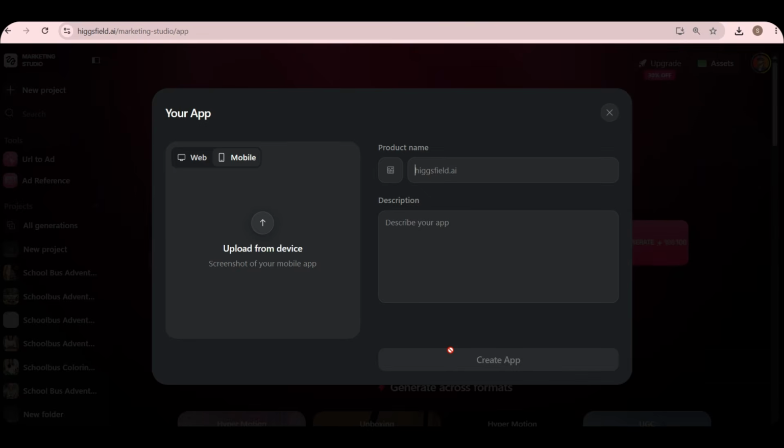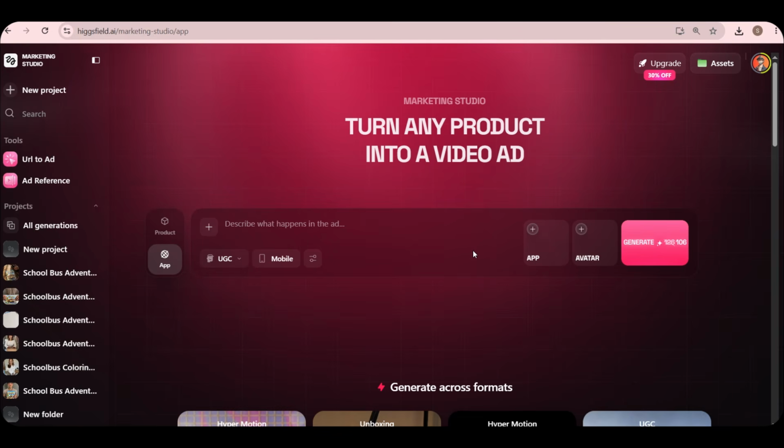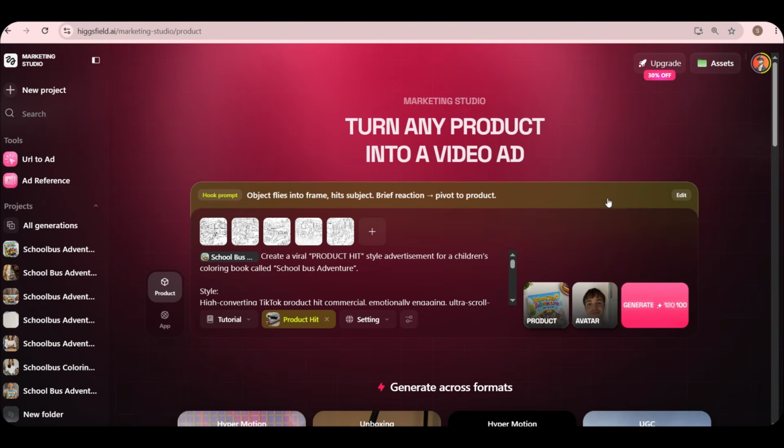And the reason the quality is so impressive is because this tool is powered by Seedance 2, which is currently one of the newest and most advanced AI video generation models available. That means the quality will look incredible right from the very first generation, exactly like we've been testing together throughout this video. And don't forget to use hooks, because hooks can completely transform your video from something ordinary into a trending viral style video. These two videos right here were both created using hooks,